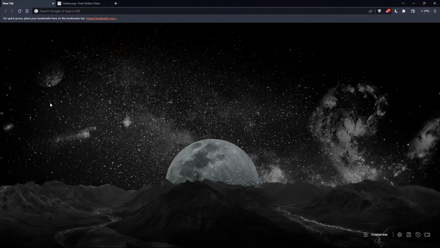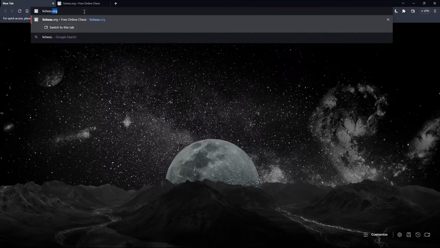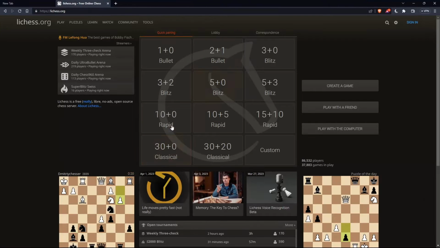Could be Google Chrome, could be Microsoft Edge, Firefox, Opera, or any other browser, even Internet Explorer if it's working for you. Once you open your browser, simply go to this URL section and type lichess.org and hit the enter button. That should take you to this page, which is going to be the home screen or the main screen